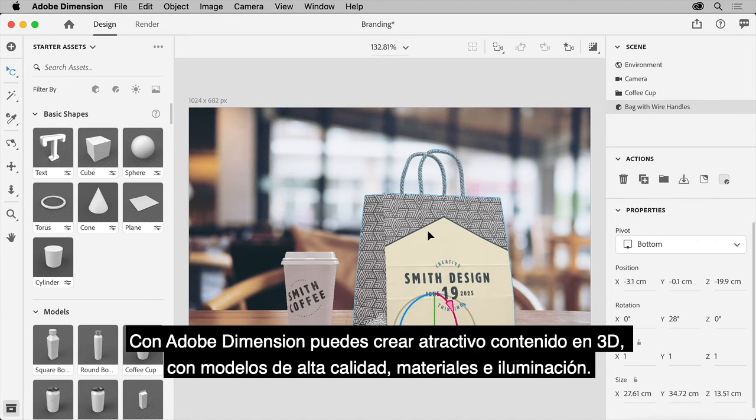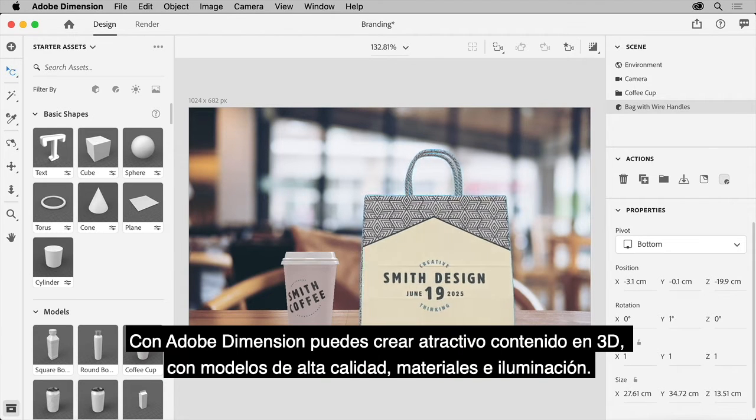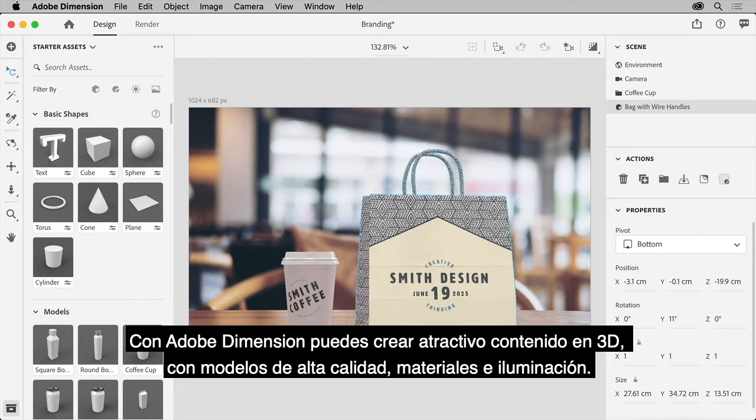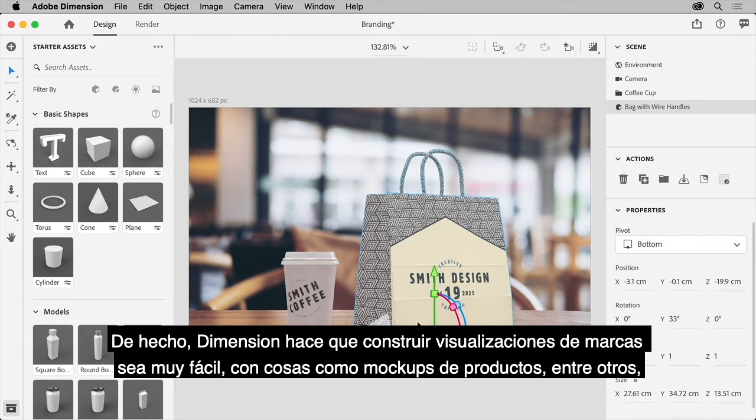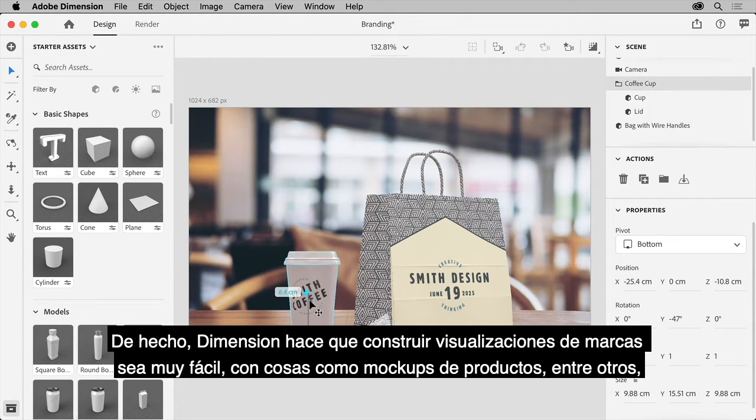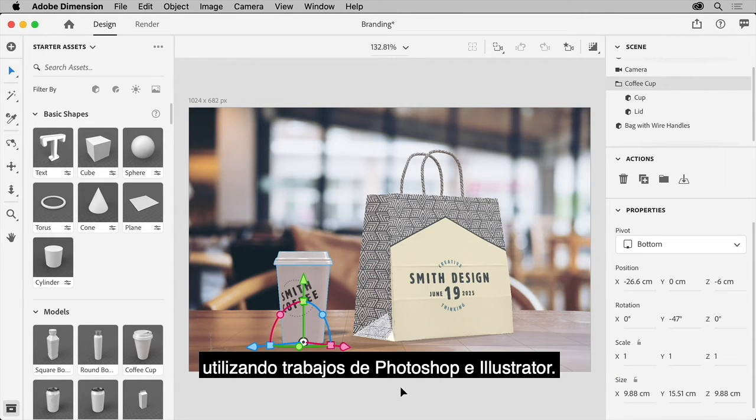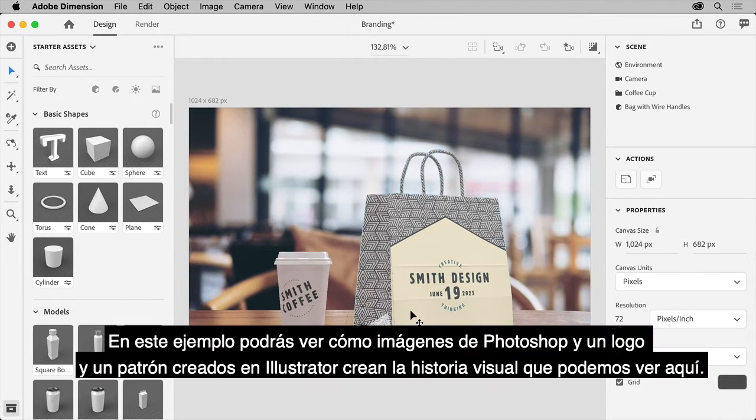With Adobe Dimension, you can create engaging 3D content with high-quality models, materials, and lighting. Dimension actually makes it easy to build brand visualizations, things like product mockups, using artwork from Illustrator and Photoshop. For this example, you can see how Photoshop imagery and a logo and pattern created in Illustrator create the visual